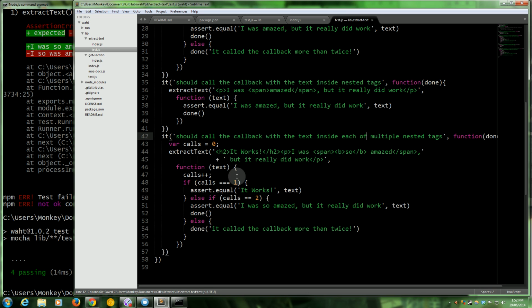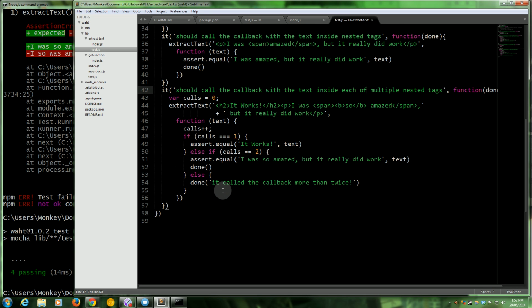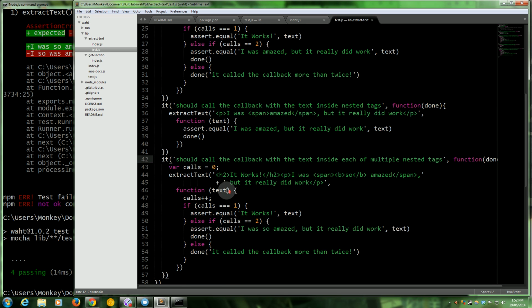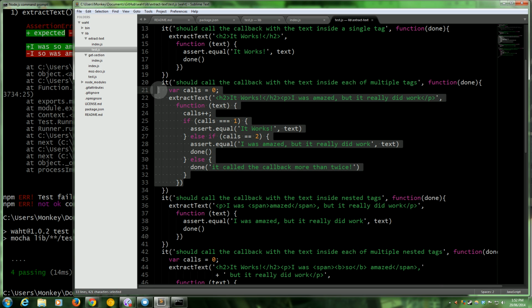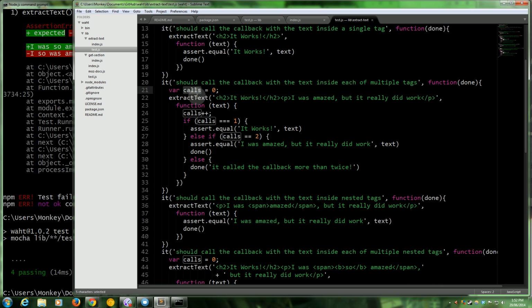If all the others work, I'd expect this to work, so it's not really a necessary test, but the only harm in an extra test is that it's extra code to maintain. So now what I want is a way to abstract out this